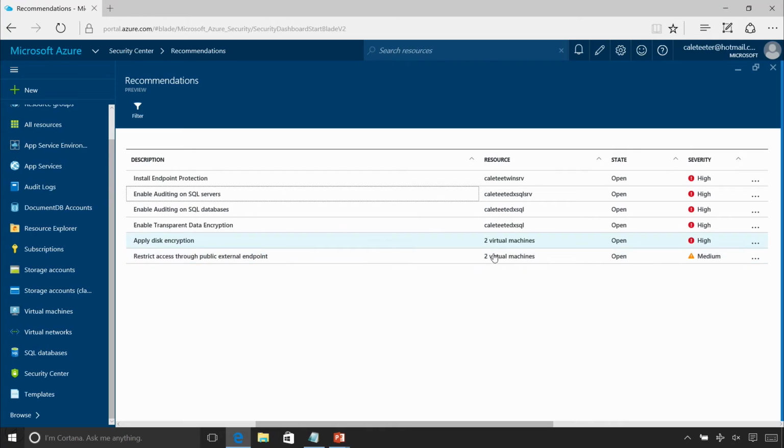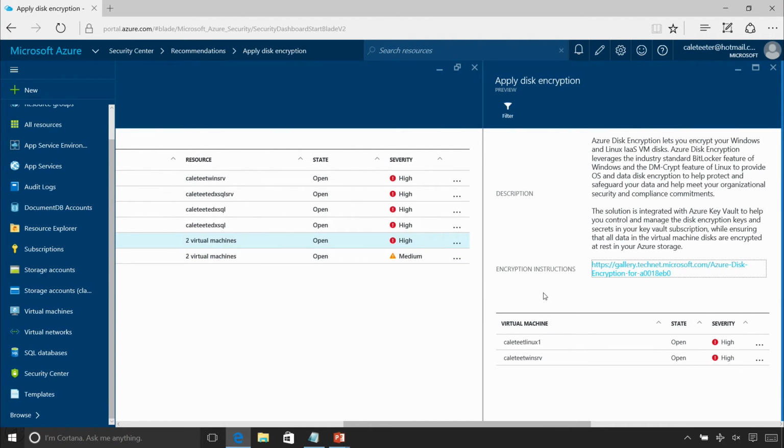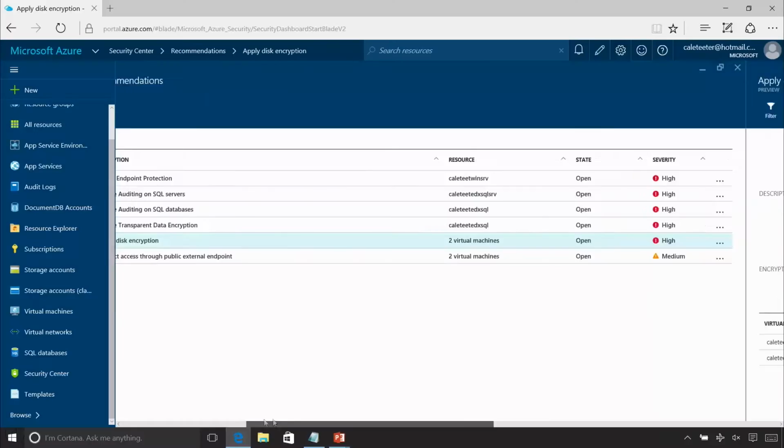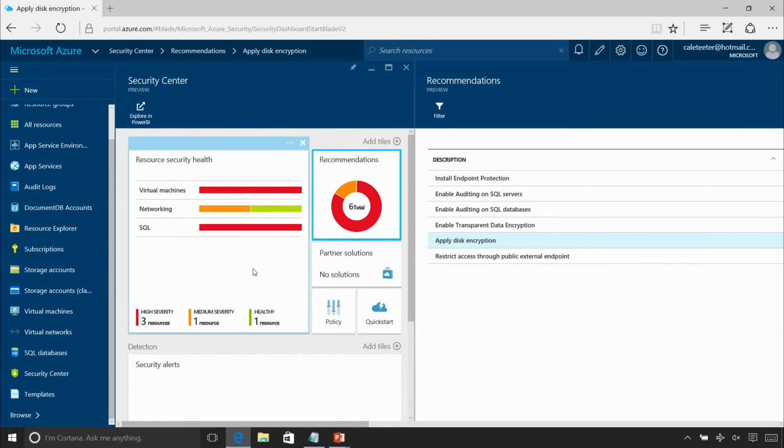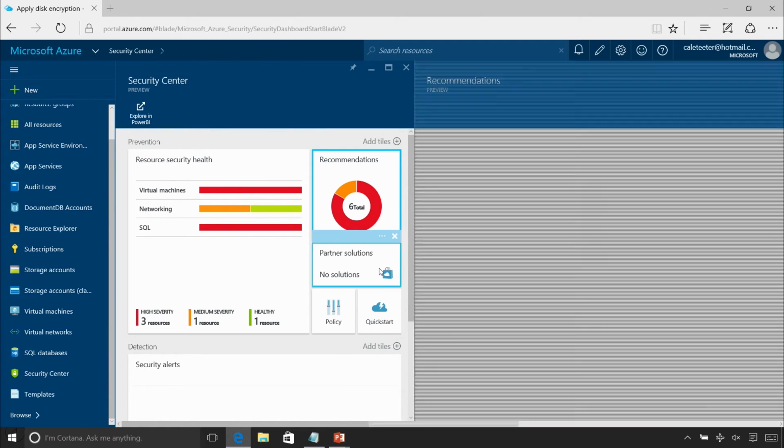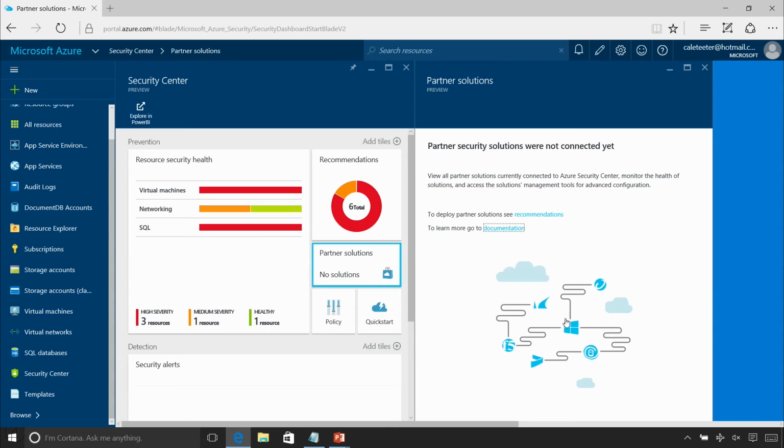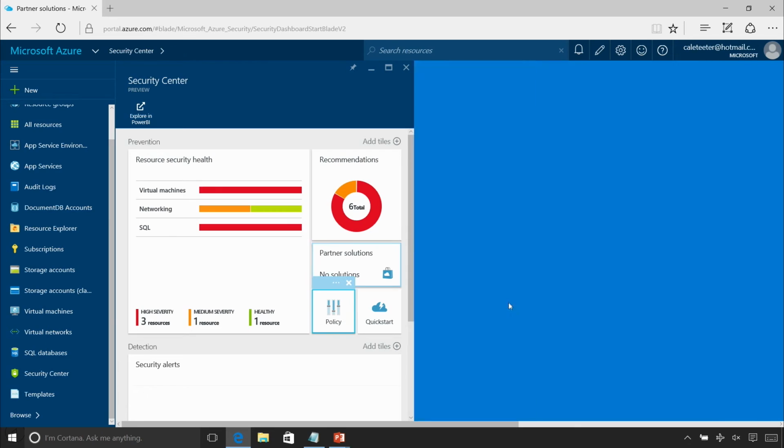But if you look at the virtual machines here, you can see that we get things like disk encryption. So it's making recommendations that we should enable disk encryption so that we can maintain some sort of control over our disks up there, to make sure the underlying disk infrastructure is not being tampered with. So you can do that stuff, and by default it'll grab what's out there and show you all this telemetry around what recommendations you can make. You can see partner solutions here right now. Mine, for instance, doesn't show anything right now. I don't have websites and stuff deployed, but some of that would show up there.